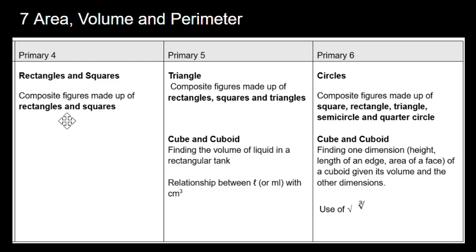So they may stack some rectangles together or rectangle and square together and ask you to find what is the total area of this figure, what is the perimeter of this figure, and so on. Okay. So by P5, P5 is the time where you learn everything about triangles. So you learn about the perimeter, you learn about the area, and so on. Okay. Now you combine the triangle together with composite figures of rectangle and square. So the question will stack three of them together and ask you to find the total area, the total perimeter,